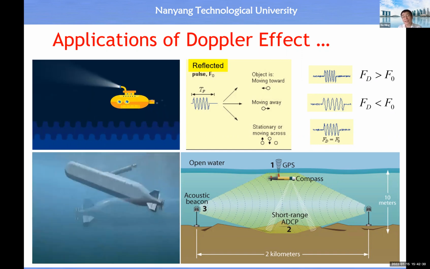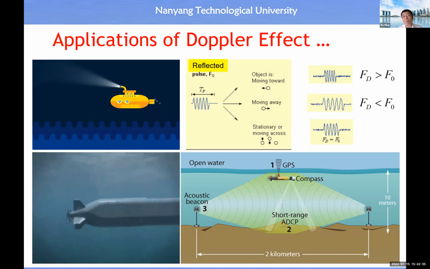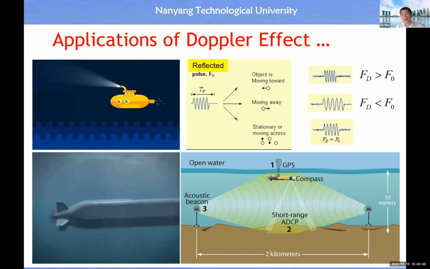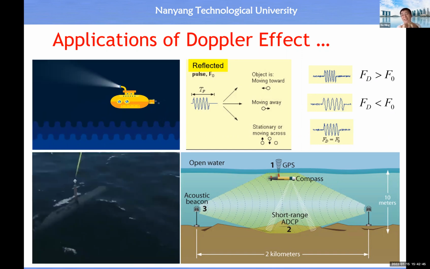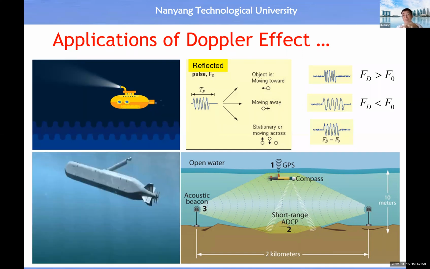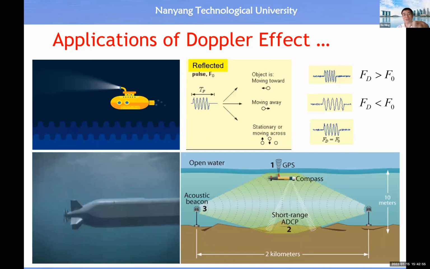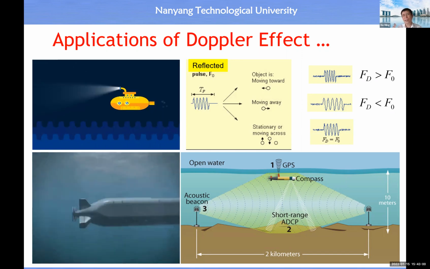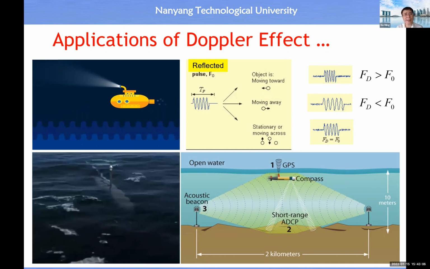And also the submarine may want to know the velocity of a water flow, because the velocity of water flow will shift the submarine away from its stationary position. For example, the submarine wants to stay here. If the velocity of water flow is 0, then it's no problem. If there's a high current of water coming in, then the position of the submarine will be shifted away, right? So these are useful information for the submarine to know, all right?